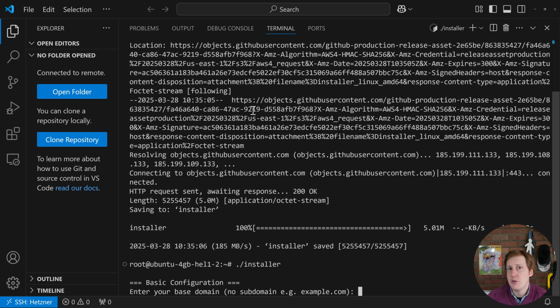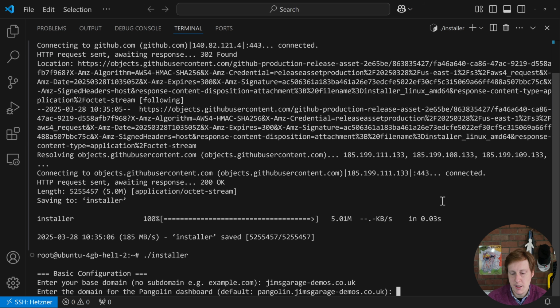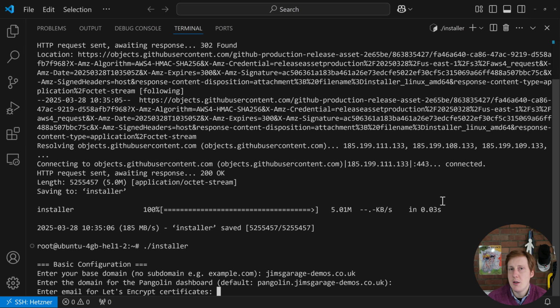Now it's going to ask us to enter the base domain. Now for me, that is jimsgarage-demos.co.uk. Obviously change this to the root domain, don't put in the Pangolin piece, the subdomain that will come next. You can see that the default here is pangolin dot and then your domain, so I'm going to hit return. It's going to say what's the email address for your Let's Encrypt certificates. Now for me that's using Cloudflare as my domain registrar,